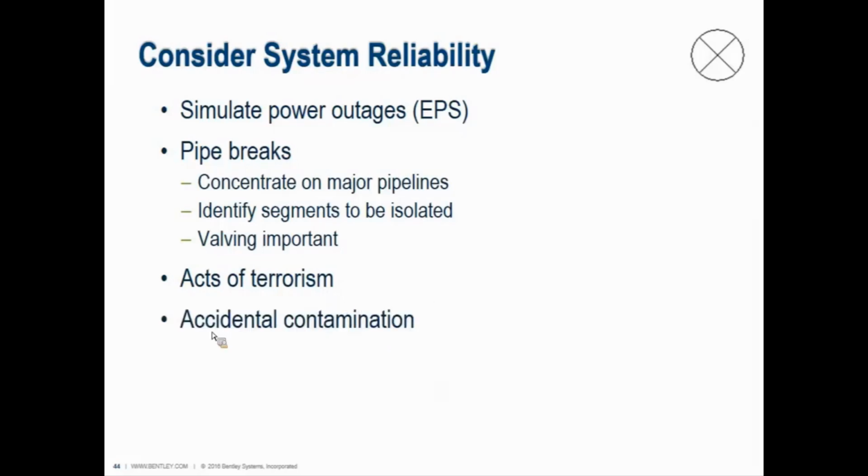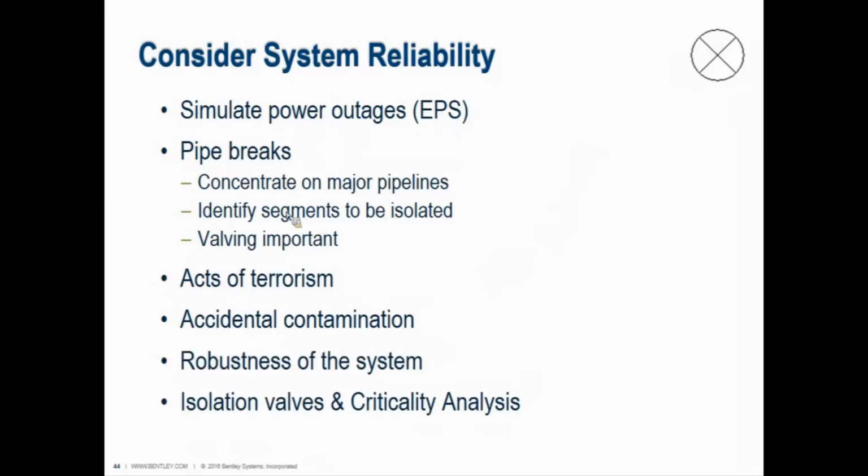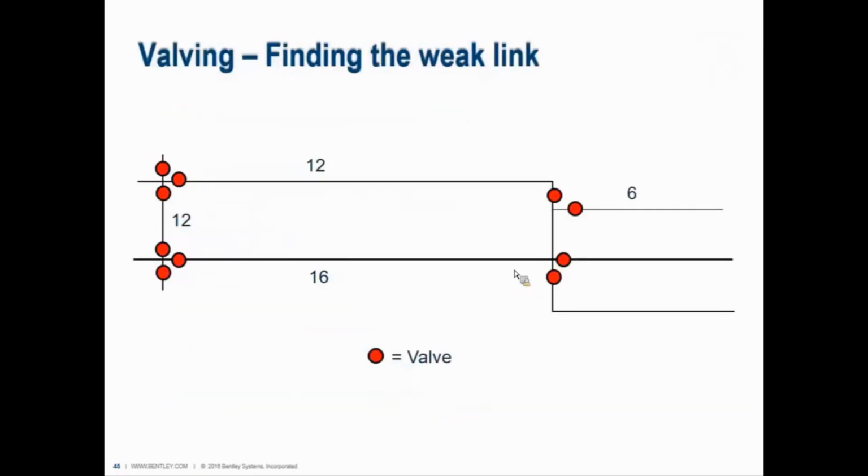and prevent any potential negative or accidental contamination in the system as well, or figure out how it got into the system and how to prevent it from circulating to the rest of the system. And then all in all, you try to determine how good the system is to handle whatever you can throw at it. We're going to get into criticality, a tool that's in WaterCAD and WaterGEMS,